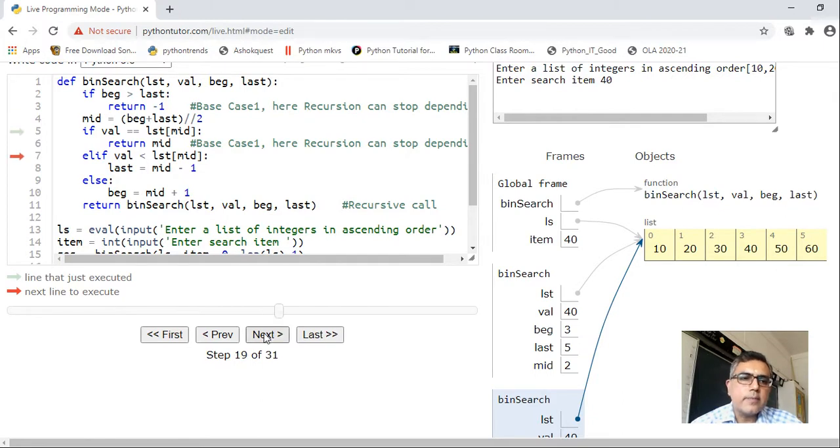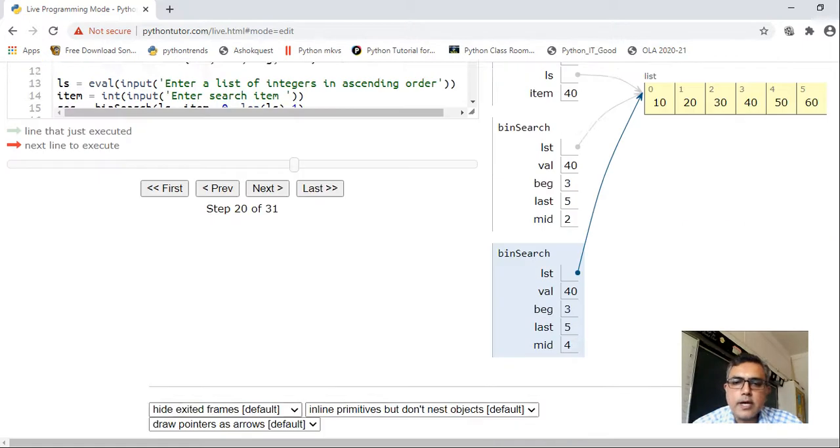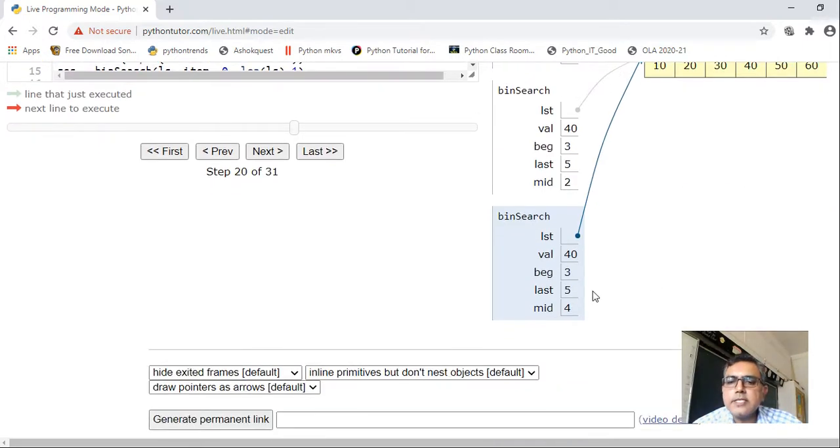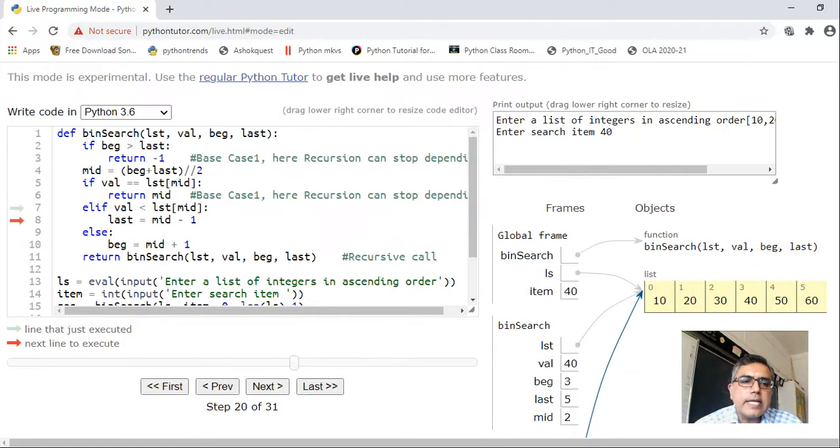You click on next. So it will come in the else part. Now the value which you are searching falls in this half or this half, right? Again 40 is less than LST of mid, which is 50. 40 is less than 50, yes, this time, right? So now value of last will change, right? Now see what is the current value of last. Last is 5. Now it has come here. 40 is less than LST of mid, so your last should become mid plus 1.